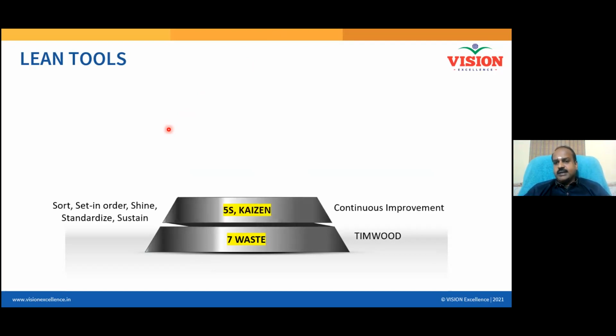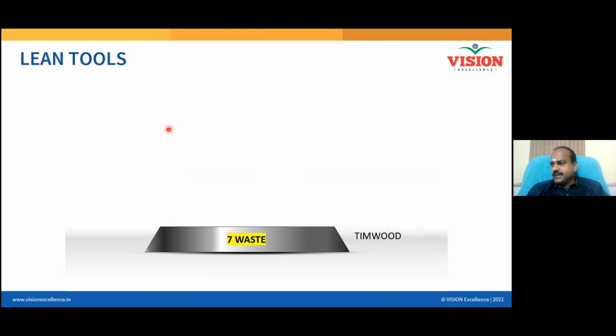Right? And you can try in any industry. Definitely these 7 waste will be there. Only thing is you must know what is transportation waste, you must know what is inventory waste, and thereby you can identify and eliminate all this waste. Eliminating these kind of wasteful activities is called a lean project. Some of you can focus on doing a project using lean approach also.